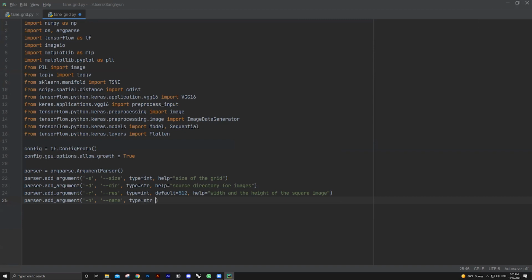It's going to be str. Thank you. And we want to give it a default name, because if there is no name defined, how can the machine assign a name to an image, right? So I'm just going to say this as test,